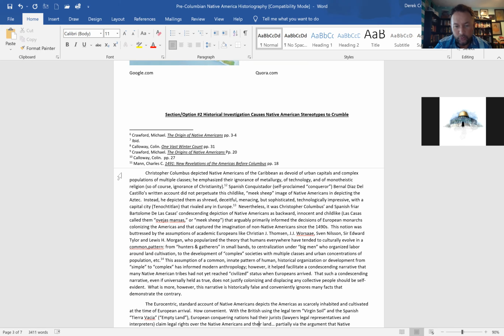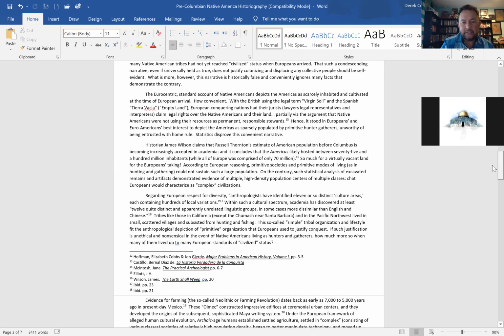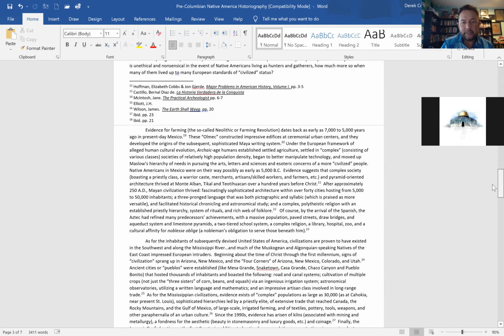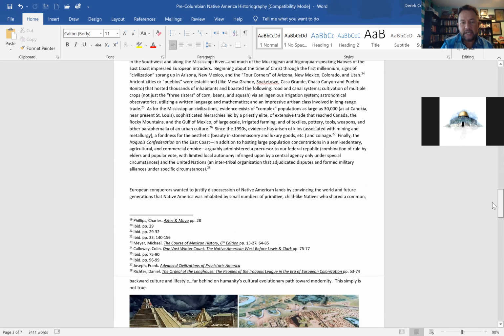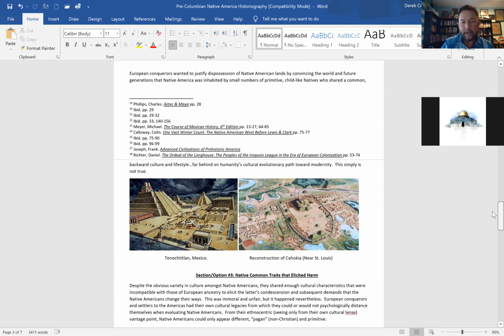There's evidence that they cultivated the earth. There's evidence that they constructed great cities, highly populated concentrations of people, that they engaged in artistic development, scientific development, etc. So number two tries to fly in the face of the chronicles that stigmatize the Native Americans as either savage or as childlike and backward. And number two tries to convey the fact that that's just simply not true.